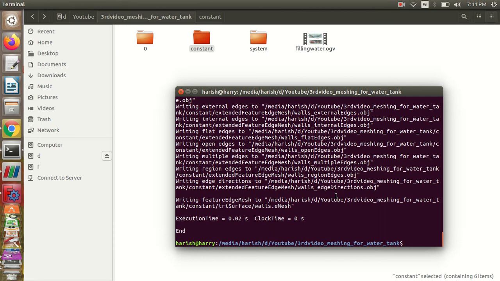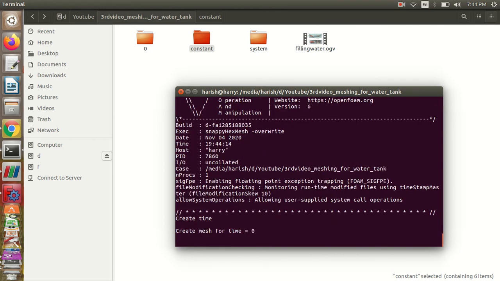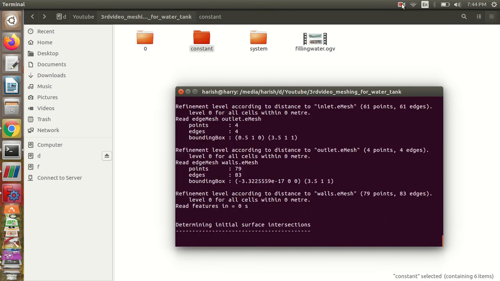Okay, so now the surface features are extracted. Now we are going to run snappyHexMesh. It will take some time, so until then I'll pause my video. We will see once the simulation is over for the mesh.